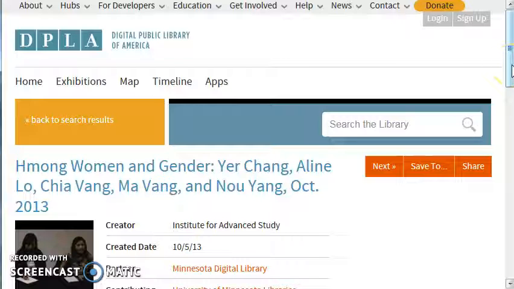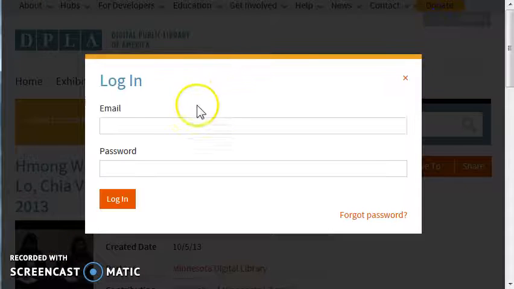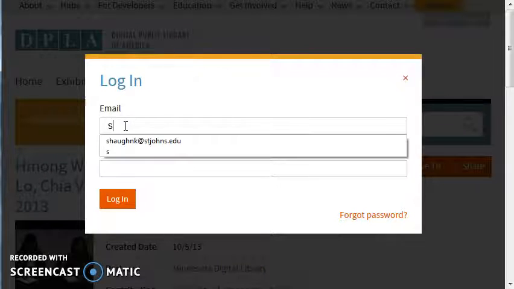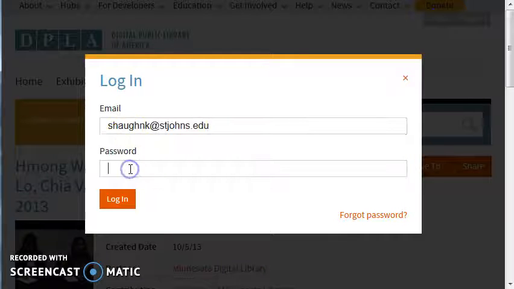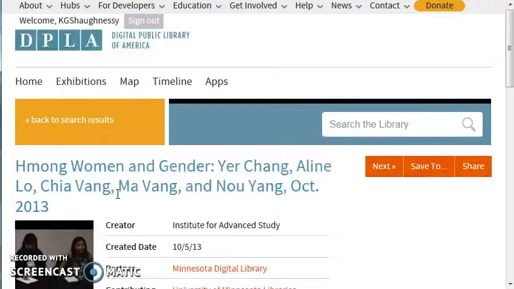So in order to take advantage of that, you can sign up for an account. And once you have an account, you can log in. I have an account. I know that is probably not too surprising given my enthusiasm for DPLA. So I log in,